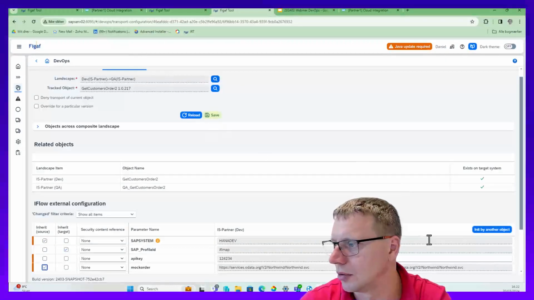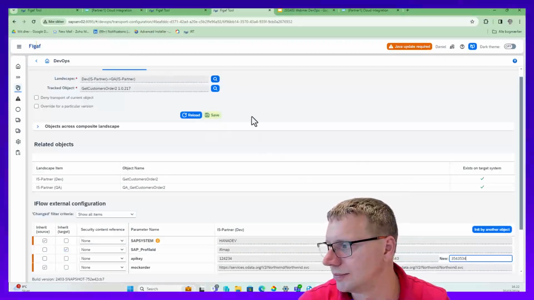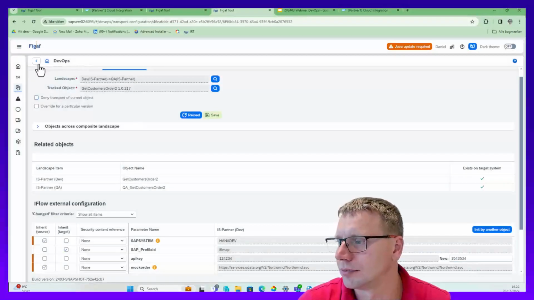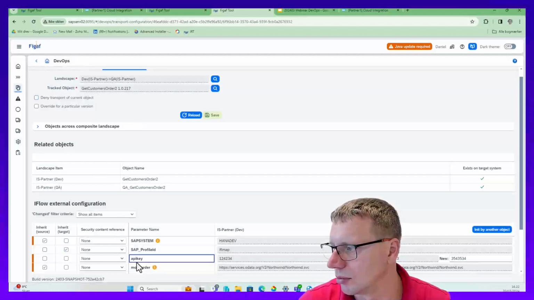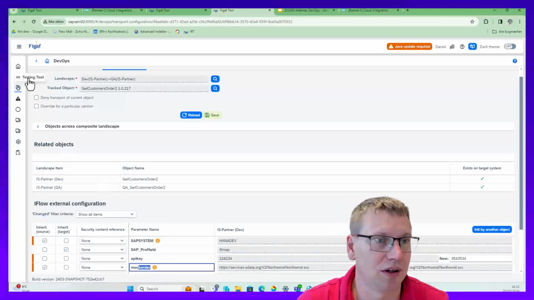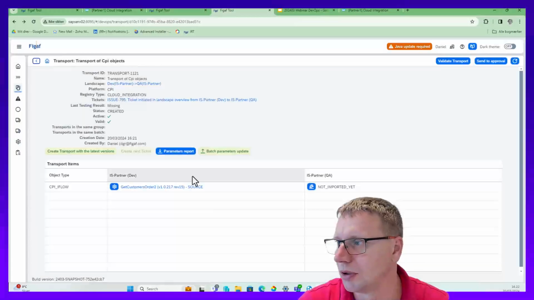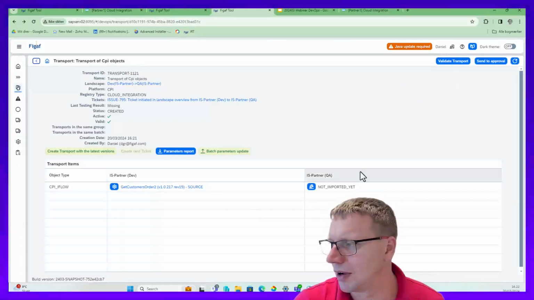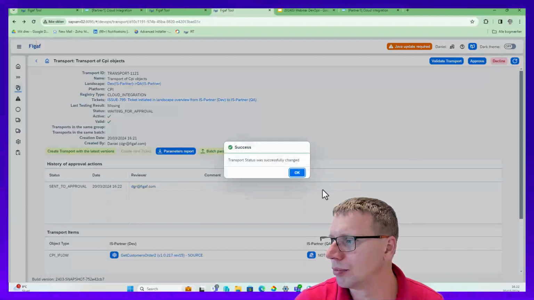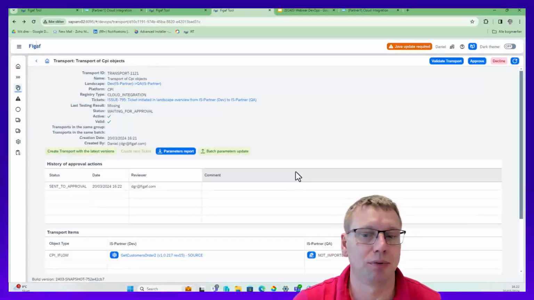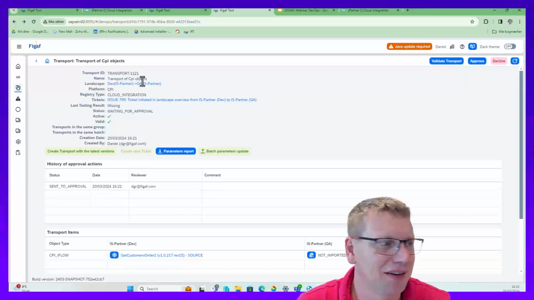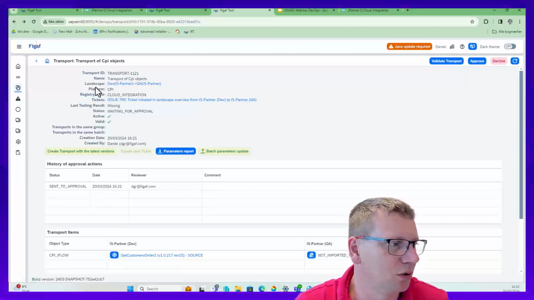Good. So let's just change this one, save it. And we can also see this one is automatically replaced because we are saying which one it should be using. Okay. As a developer, I think I'm fairly done now. I can send it to approval. So now I'm also an approver. Ideally, it should not be the same person that does this,